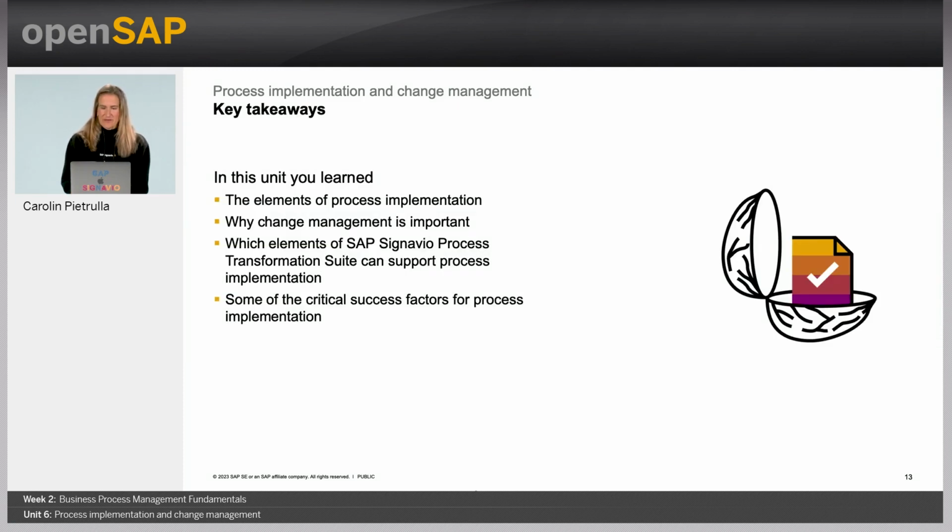Now, let's wrap up Unit 6 with the key takeaways of the day. We first talked about the elements of process implementation: processes, systems, and people. We then spent a long time explaining why change management is so important, which elements of the SAP Signavio transformation suite can support our implementation, and finally, we talked about some critical success factors of process